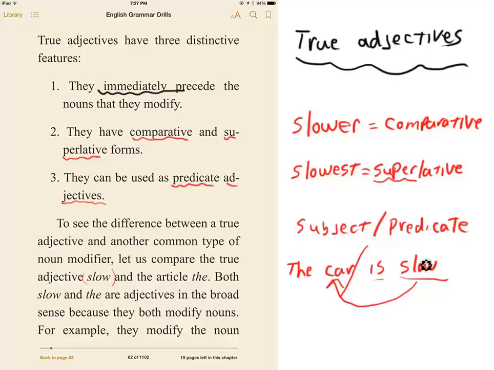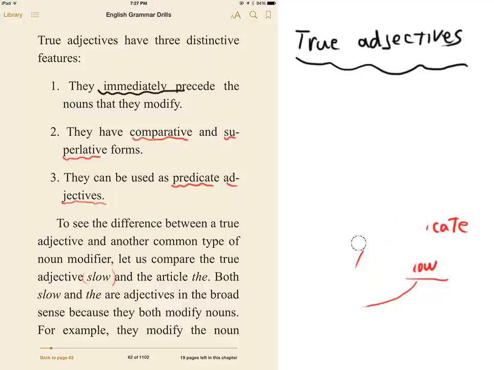Okay, don't be confused by this, because it will be clear as we go along, but those are the three terms that we're going to use for adjectives. They have a comparative form, they have a superlative form, and they can be used as a predicate adjective, which means they can be used at the end of a linking verb, which is, are, or was, to describe the car, or to describe the noun. Okay, so we're going to go on. Those are a couple terms that I wanted you to know, and hopefully you will become more comfortable with them as we go along.